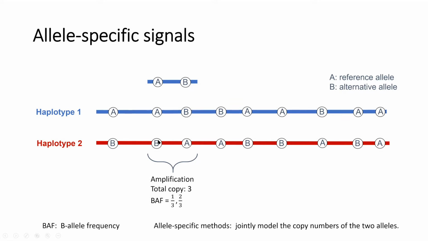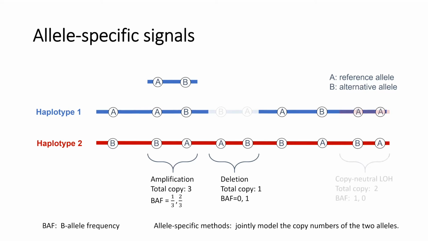So it depends on which haplotype the B allele lands on, right? And then if there's a deletion, the B allele frequency goes from 1/2 to either 0 or 1: 0 if the B allele is deleted, 1 if the A allele is deleted. Now, one of the main reasons, in the early years when we started looking at allele signals, is because oftentimes